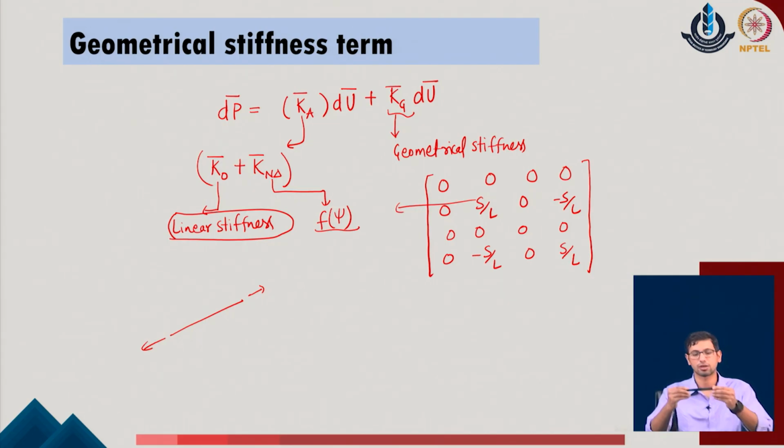So if you consider that this is a member, and I am applying some kind of internal member force, as long as the forces or the displacements are small, it is doing good. But the moment the displacements of the system are large, say the system bends into some form, if I consider a very simple example that the system modifies into some bent shape, now at any point the compression load which is active in the given system is also trying to put the geometry such that the compression load is going to make the internal member deform. So this internal member force which is active in the system is also now responsible for the change in the stiffness of the given system.